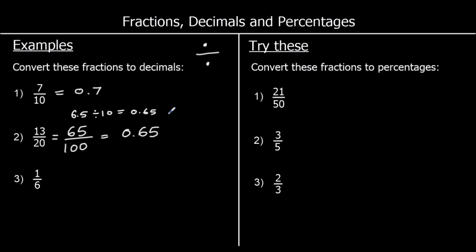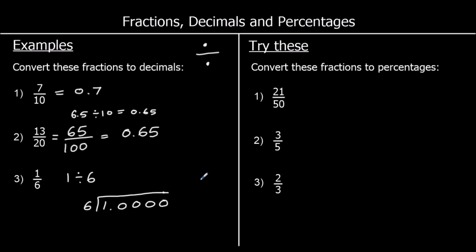And the third one, 1/6. Now, this one is a lot harder. So we need to do 1 divided by 6. But there's no way of making this an easy calculation. So we are going to have to use our short division method. So how many 6's go into 1? So let's write